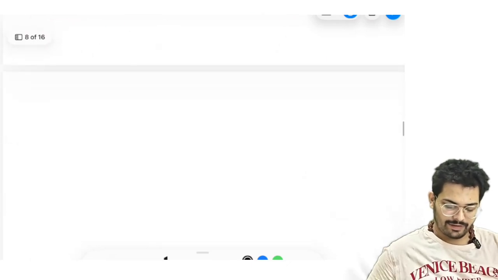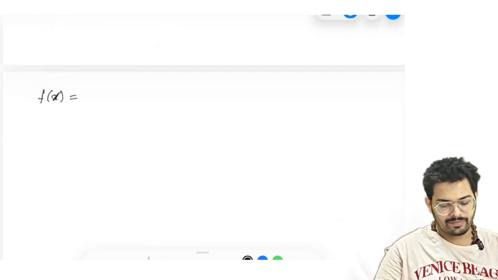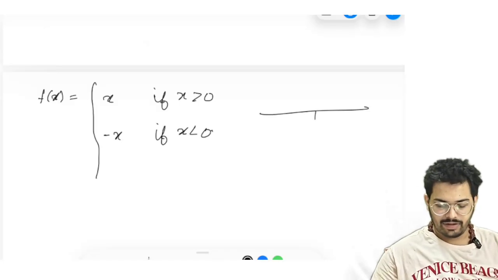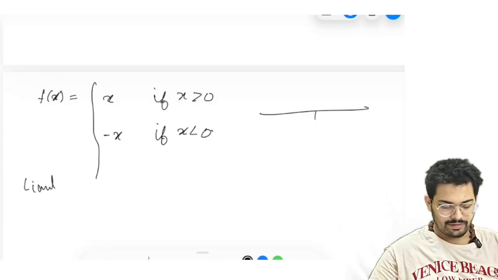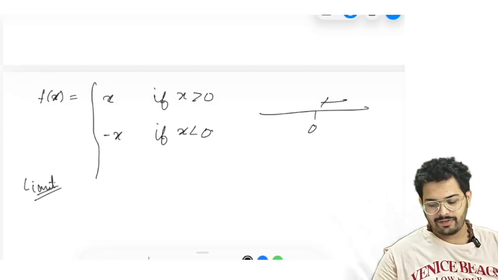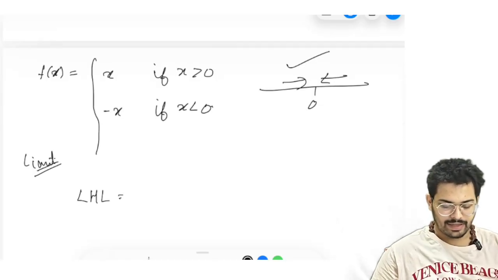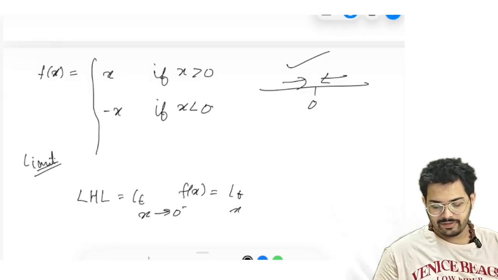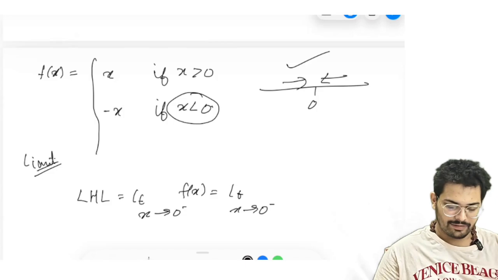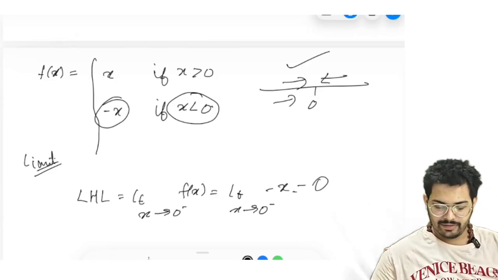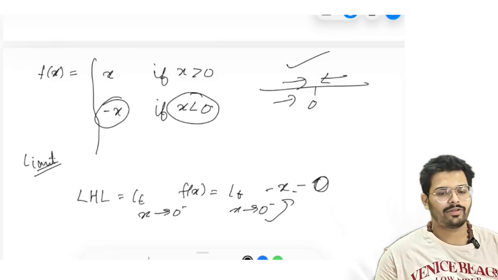But sometimes they will give the function's definition as f of x equal to x if x is a positive number and minus x if x is a negative number. Now I need to find the limit at 0, at the origin. We can reach 0 from this side and this side. When you are reaching from the left side, we use the left hand limit, that is, the limit as x tends to 0 minus of f of x. Whenever the x values are negative, from this side, the function's value is minus x. When you put in the value, we can find where the function is approaching,